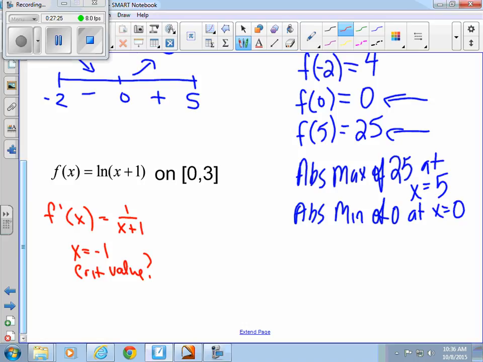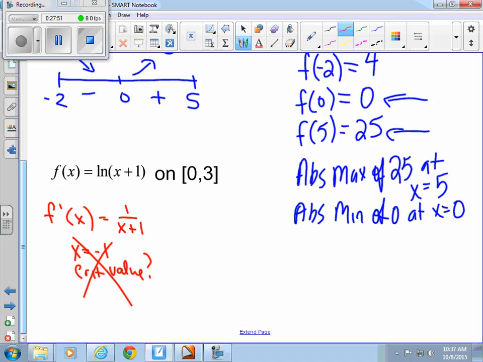Where am I trying to find the absolute maximum at? Between 0 and 3. Is negative 1 between 0 and 3? No, so I don't care. So what does that mean? My only two options for an absolute max or min are 0 and 3. Does everyone see how that works? So if you do not have a critical point, then your endpoints are probably your absolute max and your absolute